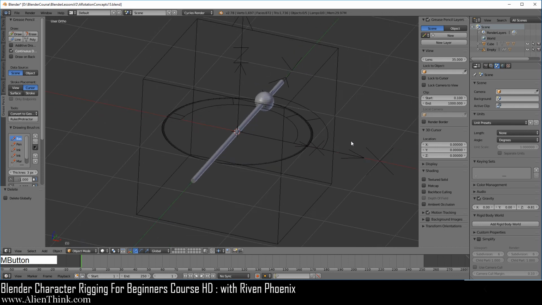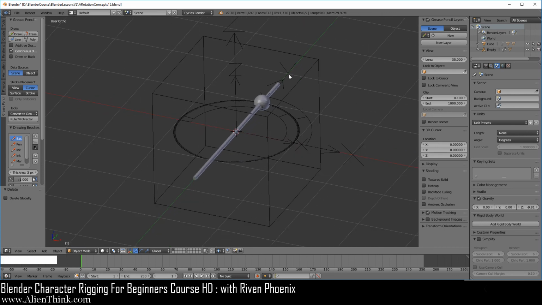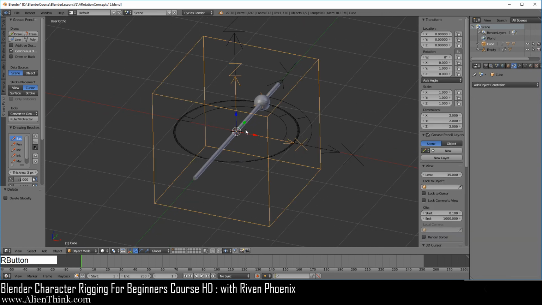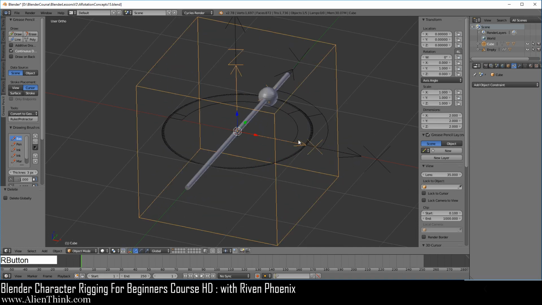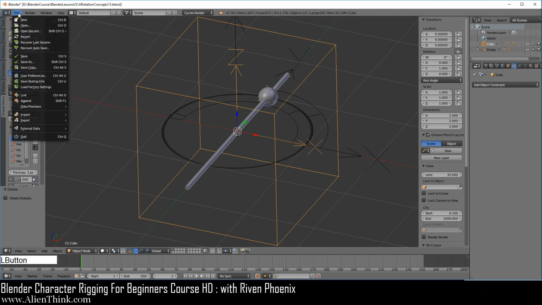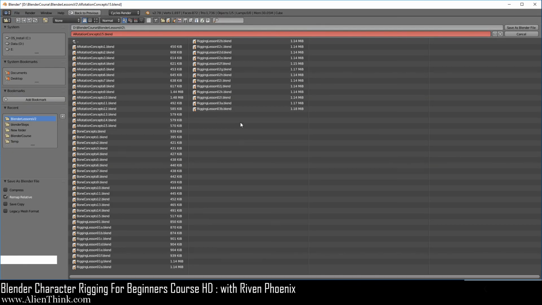So now you have an automated axis angle rotational system. So you can see how this concept is going to work. So what I want you to do now is go under File, do Save As, and save this as rotation concepts 16.blend.